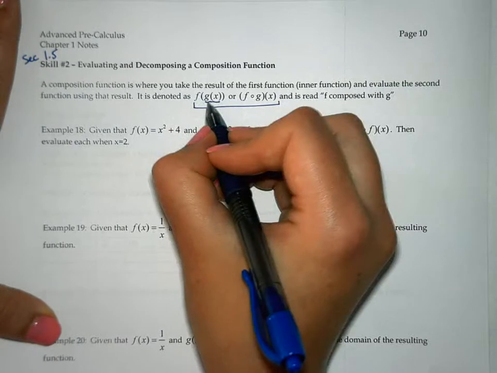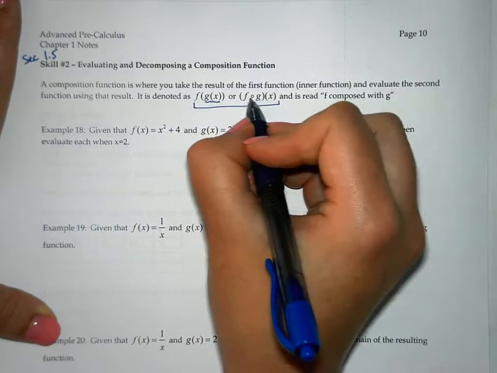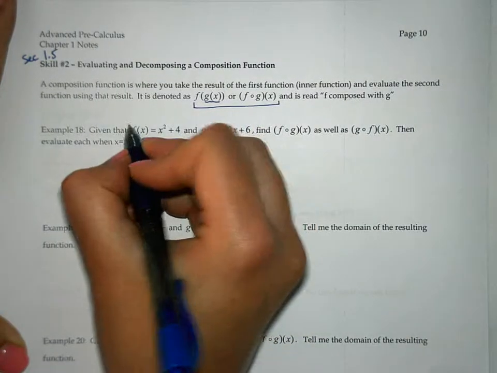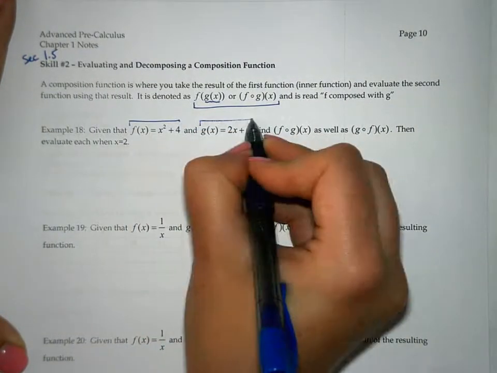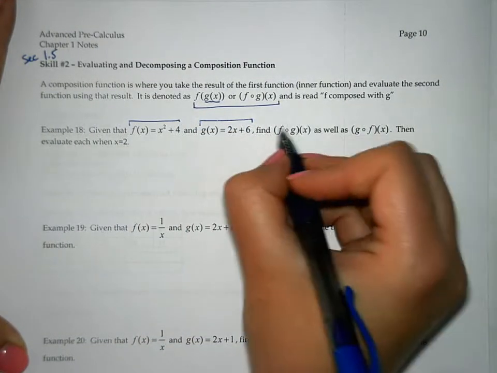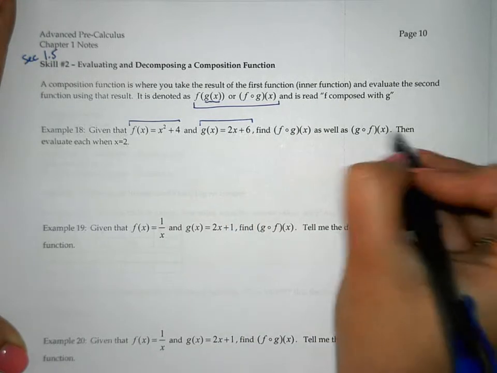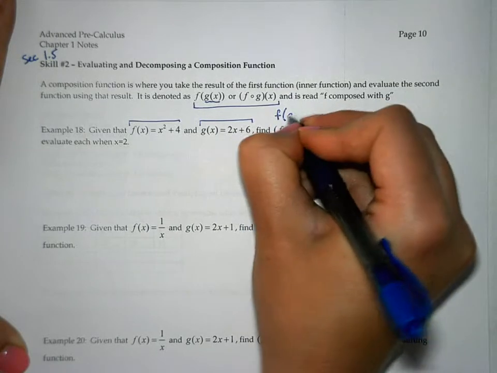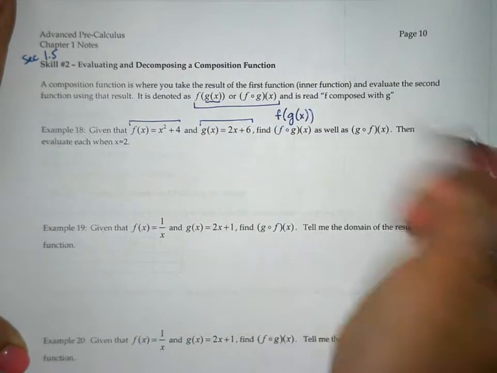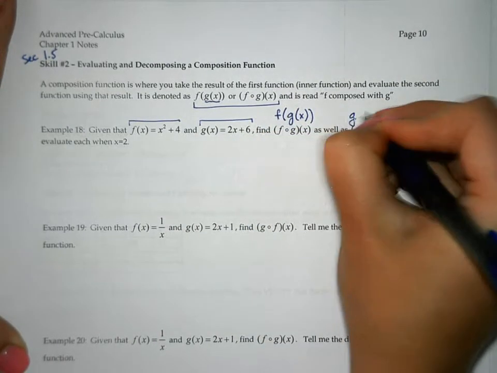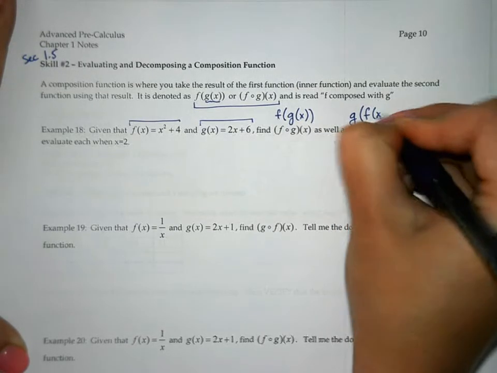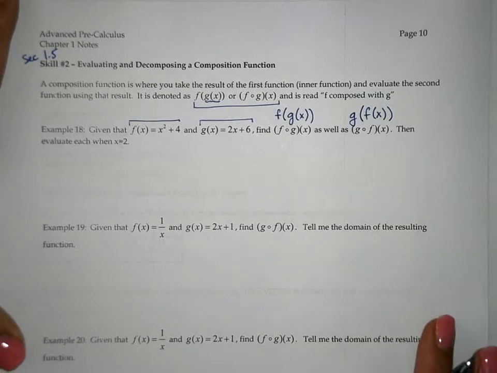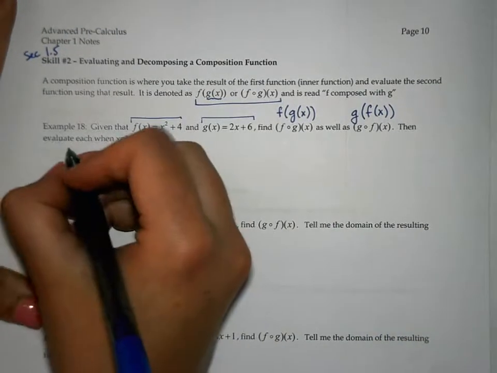Another way you can write a composed function is to say f of g of x. So this first one here, here's our f, here's our g. We're asked to find f of g as well as g of f. Now remember, when you see it this way, this is the same as saying f of g of x like this. This one, g is on the outside, f of x. And then we'll evaluate each of these when x is equal to 2. So for our first one here,